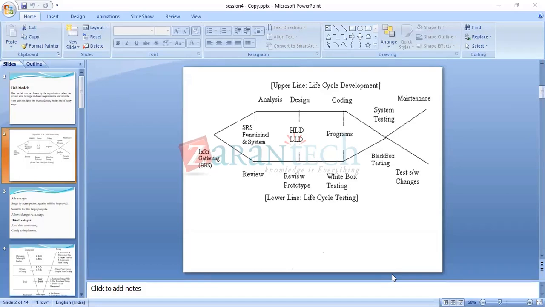I have a question. I'm working in a chocolate factory. What models do they use? Do you have any idea? Nowadays, everyone is using Agile model only. Chocolate factories, no, I don't have any idea about that company.